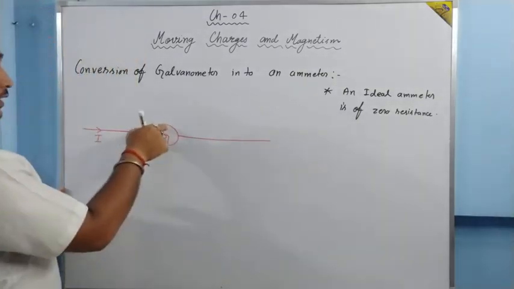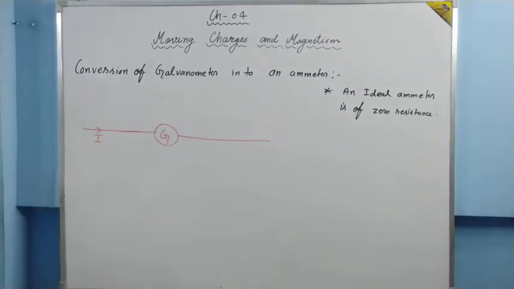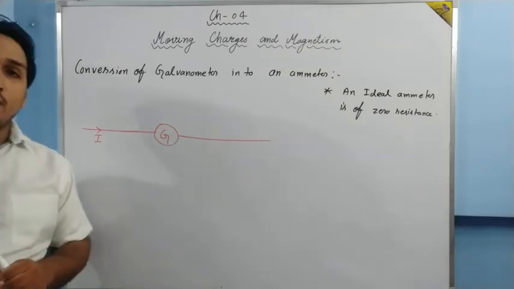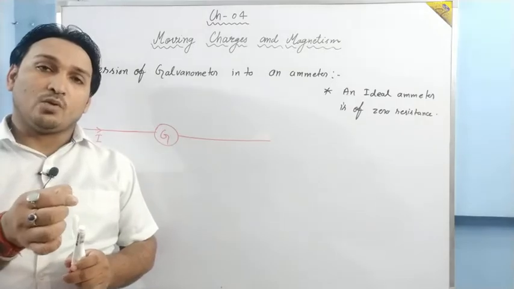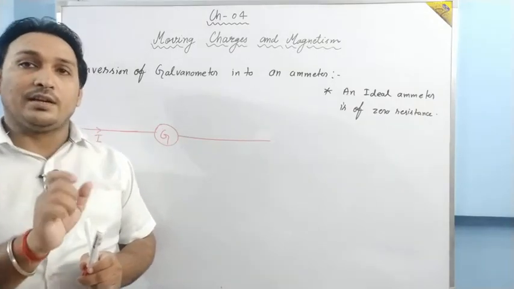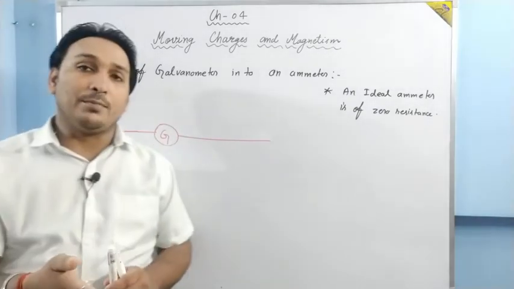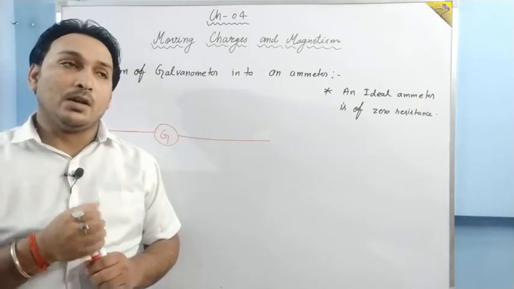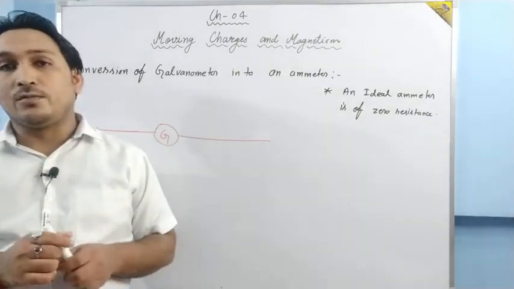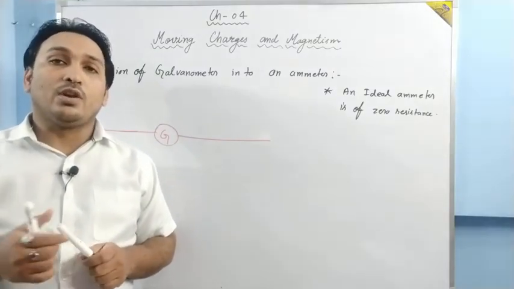Now the problem is that a galvanometer cannot bear a high amount of current because of the hair springs. As I have told you earlier, in the last video lecture we discussed that there is a hair spring connected at the bottom. When this coil is twisted, that hair spring is also twisted. When the current is large, it often happens that the hair spring gets broken. Is it clear? Because of that hair spring, because of the phosphorus bronze strip, we cannot flow a large amount of current through the galvanometer.